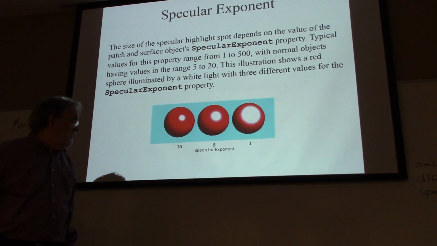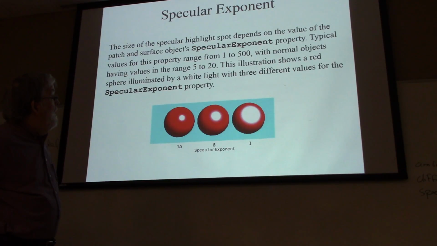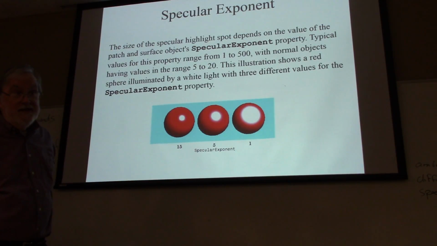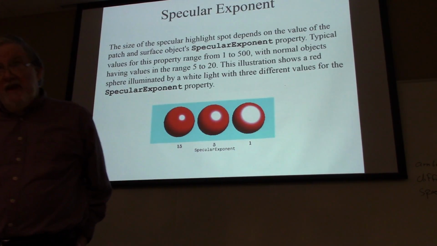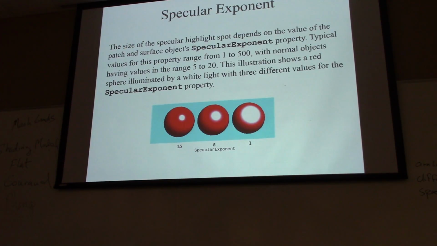So here's specular exponent quantity. Remember, the bigger it is, the sharper the specular highlight. And they're saying typical values range from 1 to 500. Normal objects have ranges 5 to 20, looking realistically. So